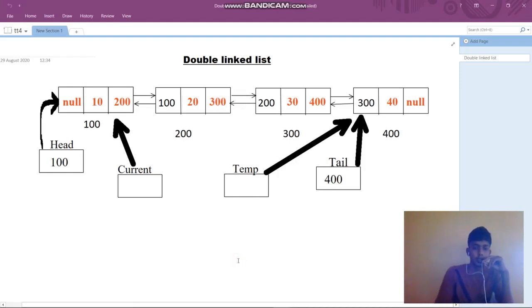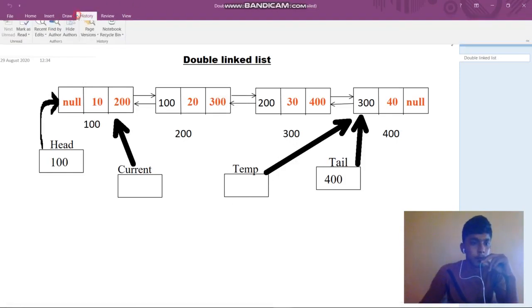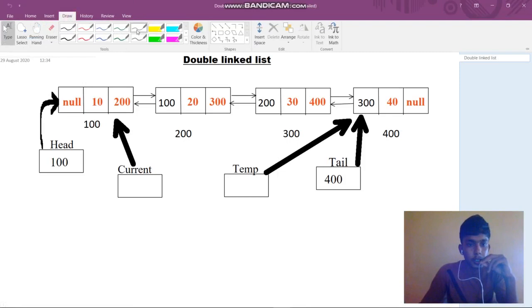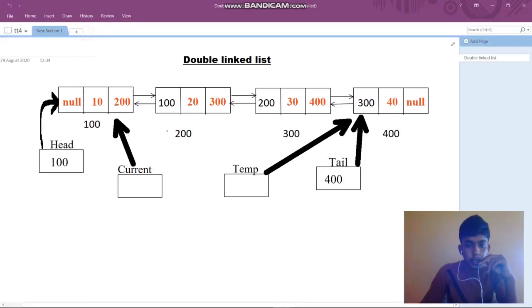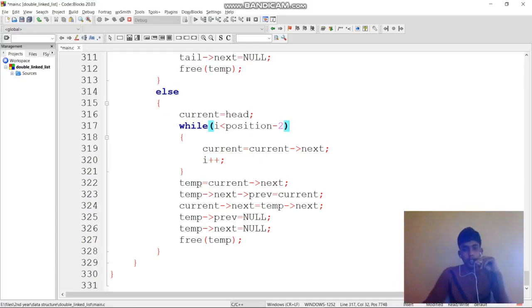See here, I'm drawing, and the current is pointing to 300 now.